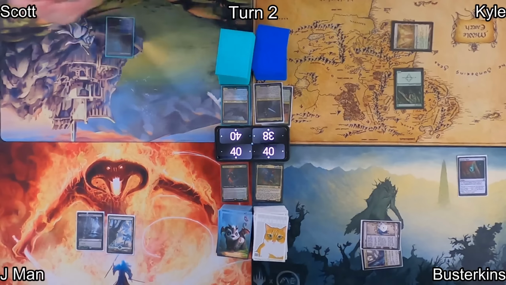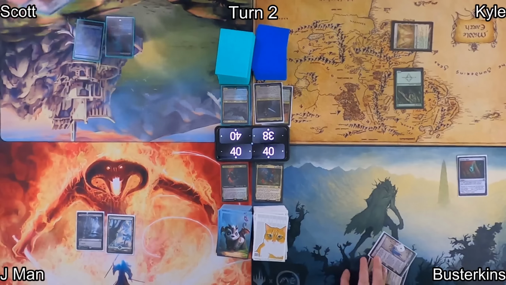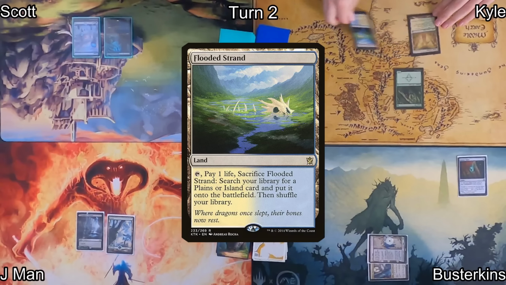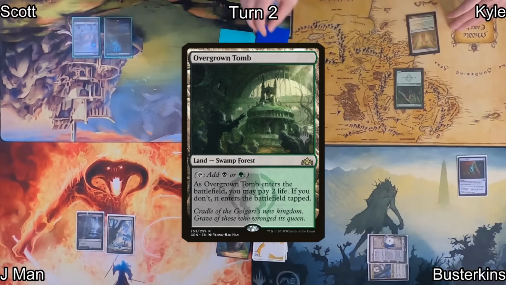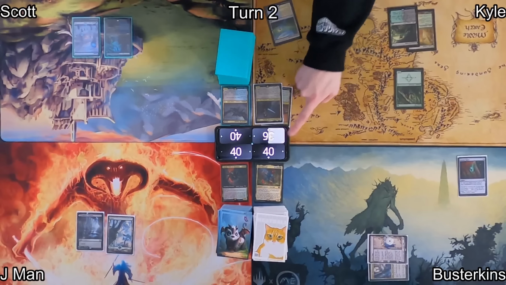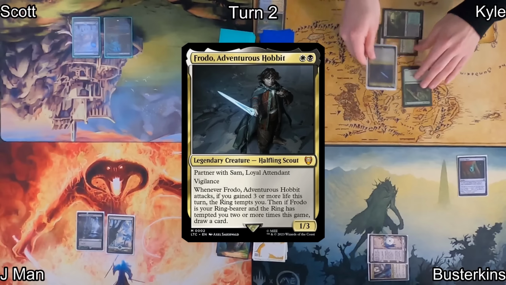He draws and plays Dark Boar Pathway as his land for turn. Then he'll pass back over to Scott, who draws and plays an island, and he also just says land go back over to Kyle. He plays Flooded Strand, and he cracks it, taking 1 life, and with that he'll grab an Overgrown Tomb,